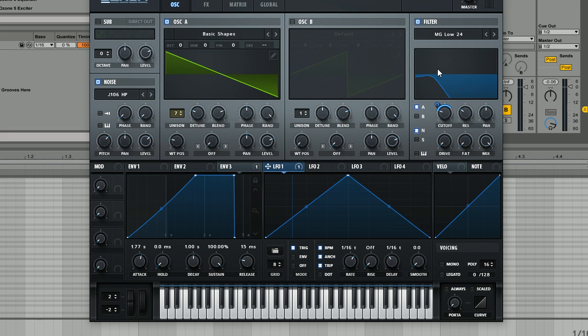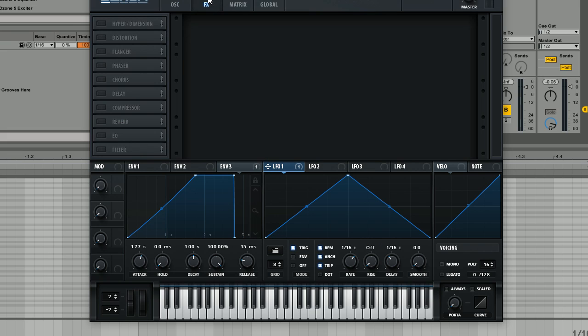Really cool. It's got this kind of liquidy sound, which is really cool for future bass and chill trap stuff. So next we're going to go into the effects section. I think that covers most of the stuff in the main section, and I actually only used one effect for